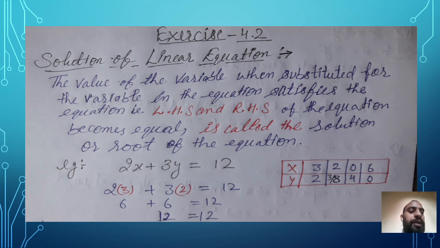And you can see a table is there. If you are taking x is equals to 0, then 2 into 0 is 0. So then y value become 4, since 3 times 4 is 12. Next, if y is 0, then 3 into 0 is 0 and x is 6, since 2 times 6 is 12. My dear student, you might be thinking how I come to know about this table. For this table we need to follow some steps. After then you can easily prepare this table. This is direct substitution method, but I will tell you in details how to find out these values.